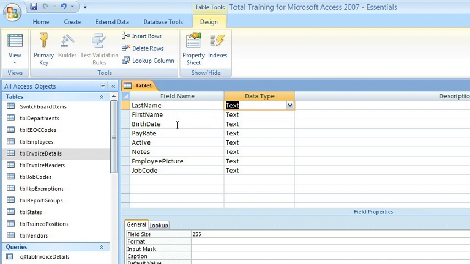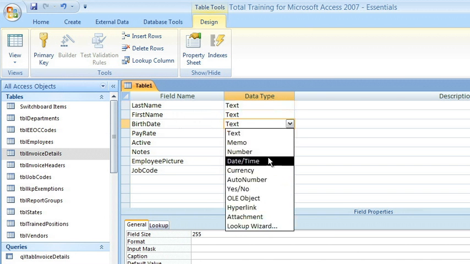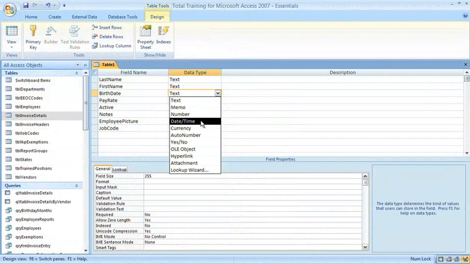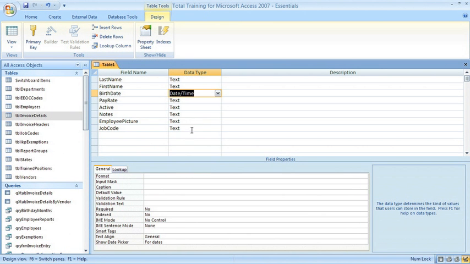For the birth date field, click the arrow, and let's select date time. And watch what happens when I click this. Down here at the bottom, the options on the General tab of the Field Properties area changed. If you missed that, let me click back on Text and see how there's different options. For text, you'll see field size. If I click on date time, notice that there's no field size one, but there's options for format and input